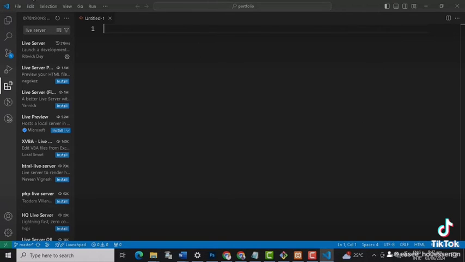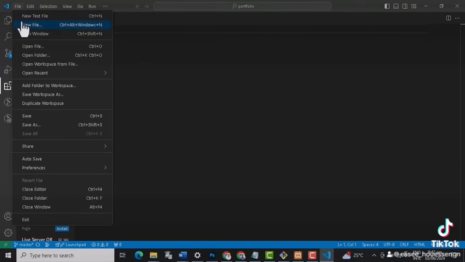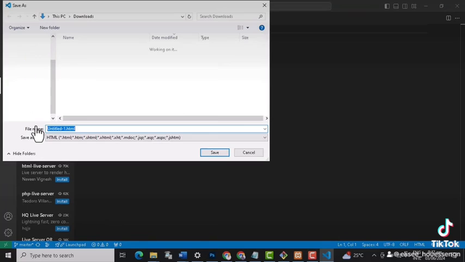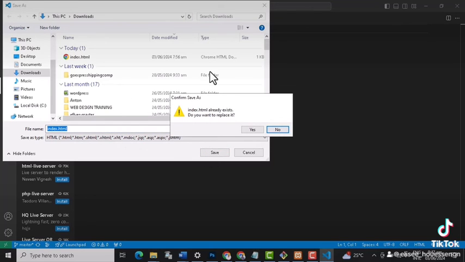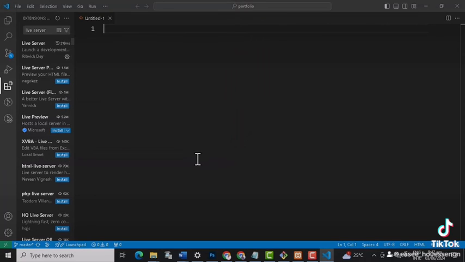So here we will not write anything, but let's try to save our document first. So I'll go back again and click on file, scroll down, save as, and then you will save this file as index.html and you save it. Okay, I already have a document like that. Very good. As you can see here on top here, you see the name of your file, index.html. So we are going to create our first page